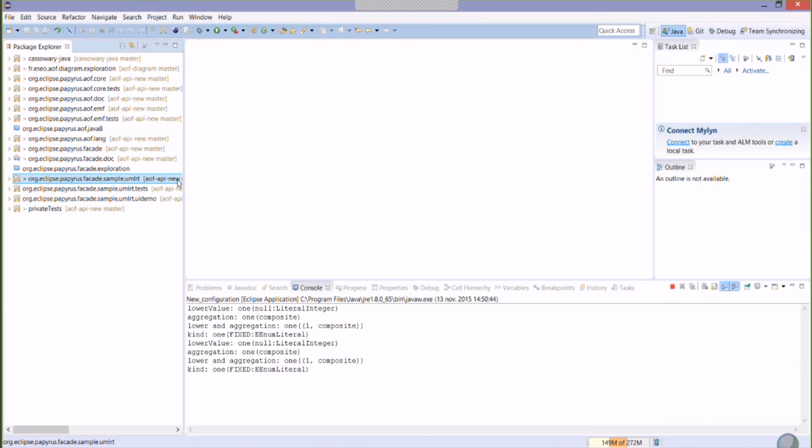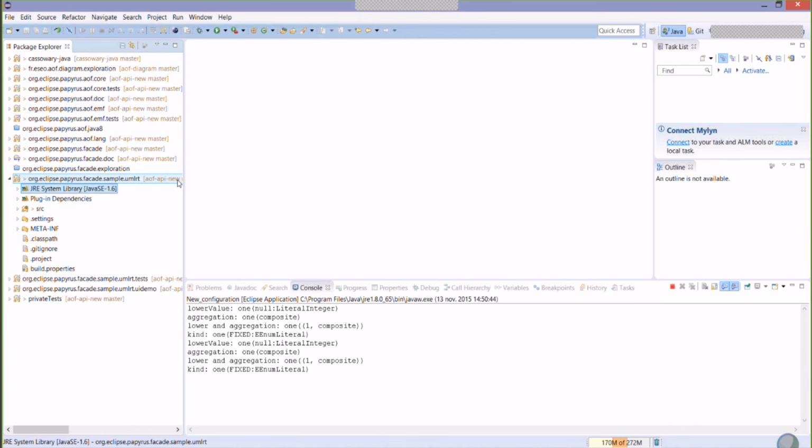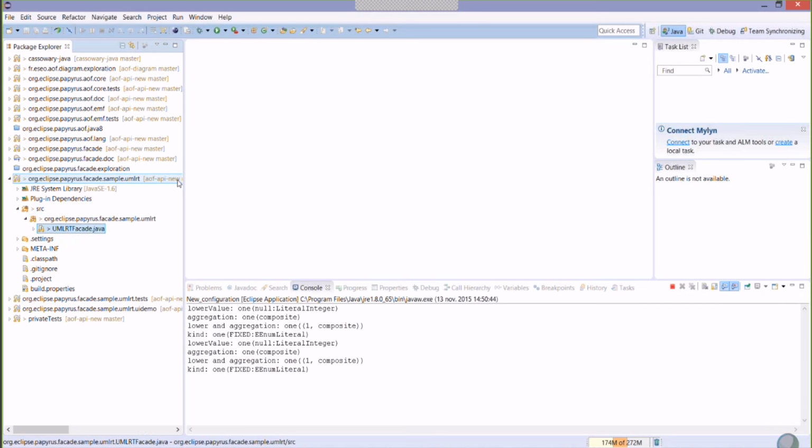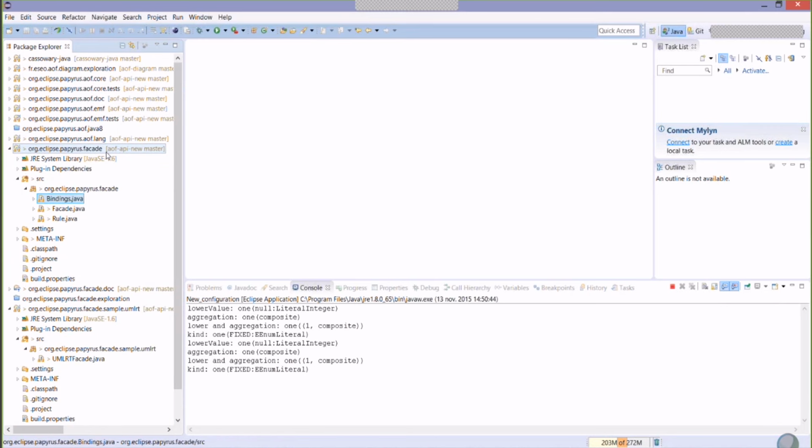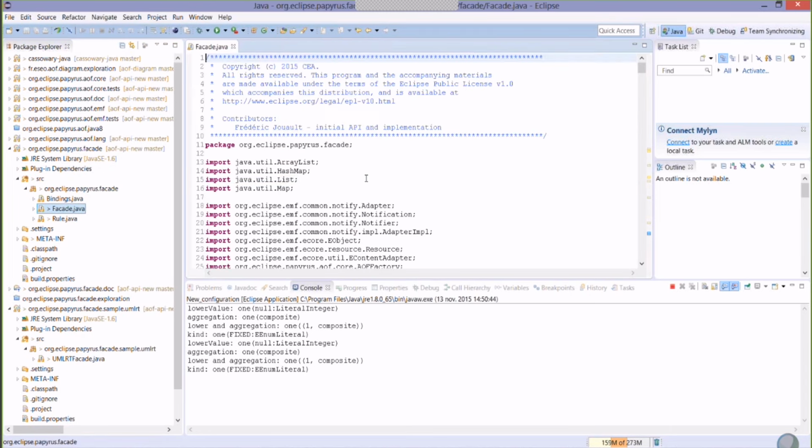So actually, this is a very good question. This was one of the issues that we encountered, but actually it was already solved by someone else. So I can show you how we do it. If I remember correctly, it's in the generic facade project. So basically, this facade project contains everything that's generic to any transformation between any pair of profile and metamodel. The UML facade is just using this generic stuff. So if we go here,